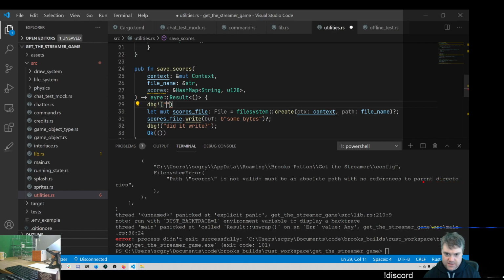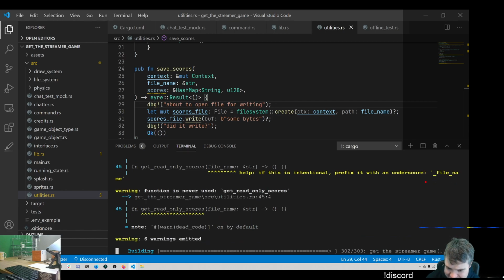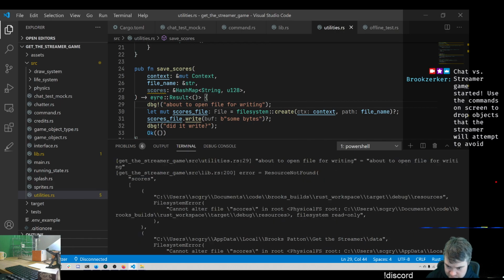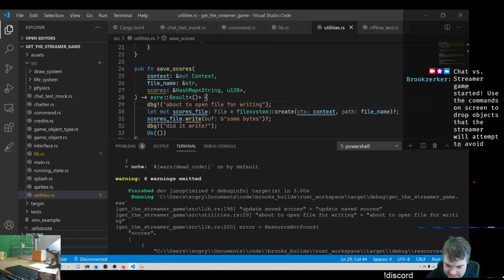This is about to open a file for writing. I'm thinking that's gonna run, and then it's gonna error before we actually try to write to it. About to open file for writing, and then we get this error on line 200 of, oh no, that's just where the debug command is. Okay, so then in here we open the file for writing,